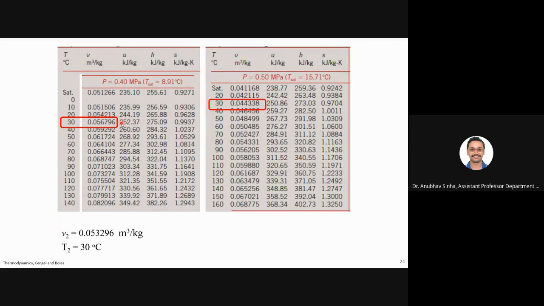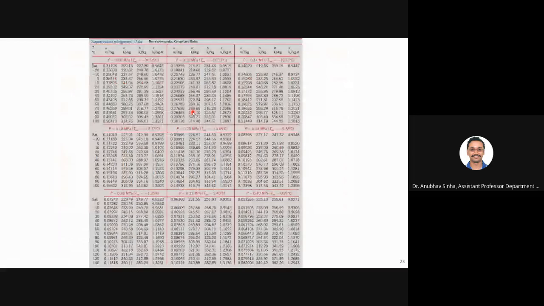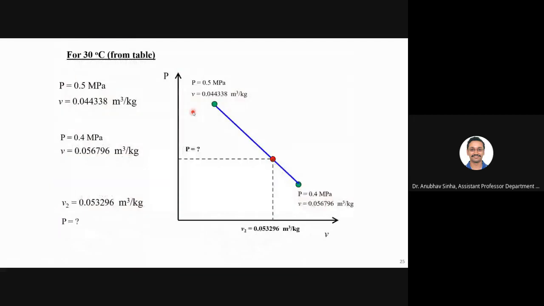So when you have a table available, please use that. Otherwise, if something is not there at all, then mostly you will not need to use the ideal gas assumption, but for all real fluids, the best is to use the table. Okay, so let us finish this example now. Again, as I mentioned, this could be a curve, but the simplest, easiest way to do it is to assume a straight line.